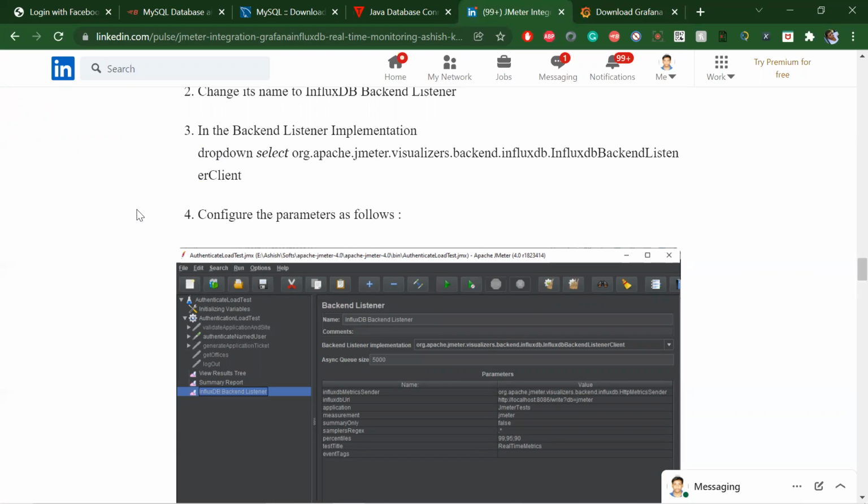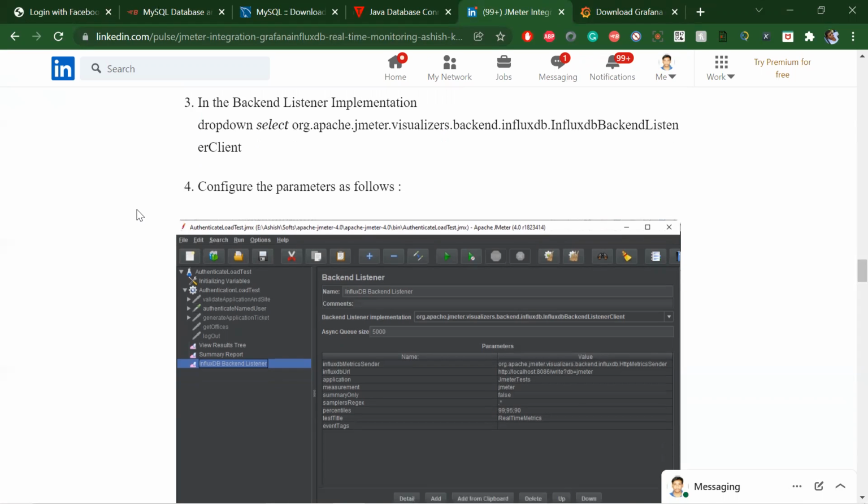In the historical data, they can select a particular API, particular feature or particular run, so that they can compare how they are performing, whether the response times are increasing or decreasing, or which data is giving high response times and which data is giving low response times. You get everything from here.